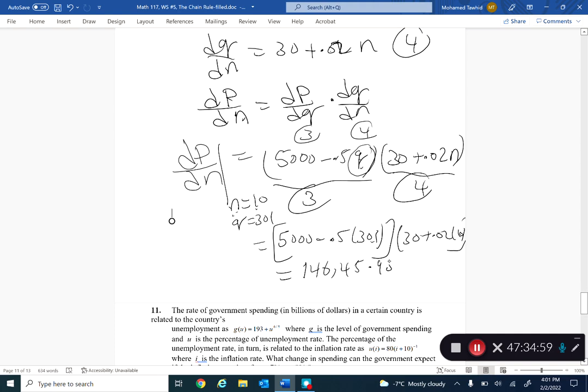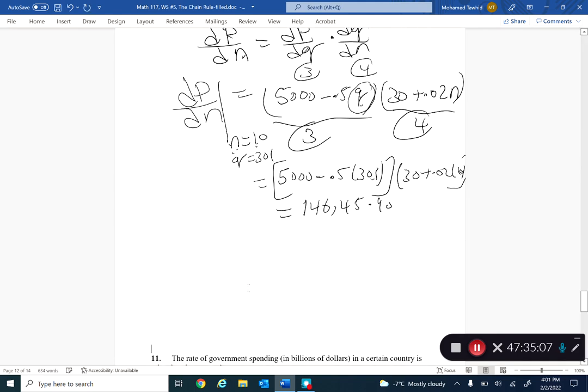So now I need to get the unit. What is the unit of this number? Look at what you have: the derivative dP by dn. What is P, guys? That is your annual profit. Annual profit means it's dollars, money. So that will be dollars